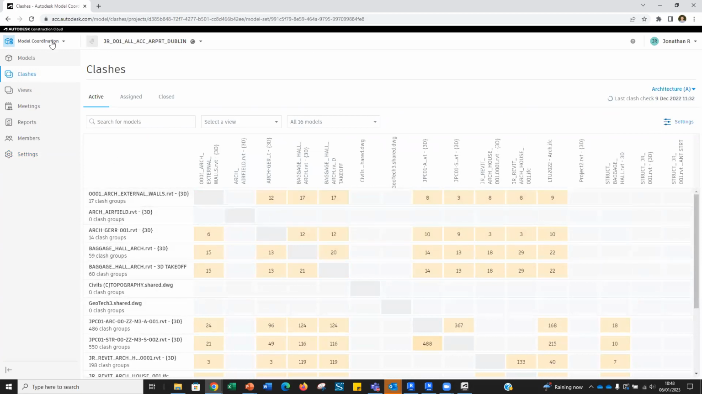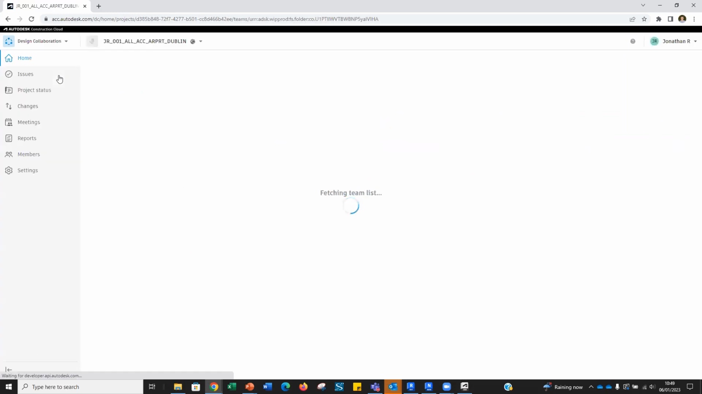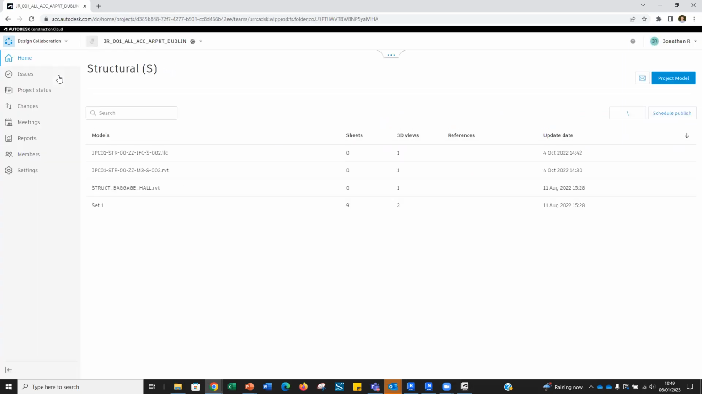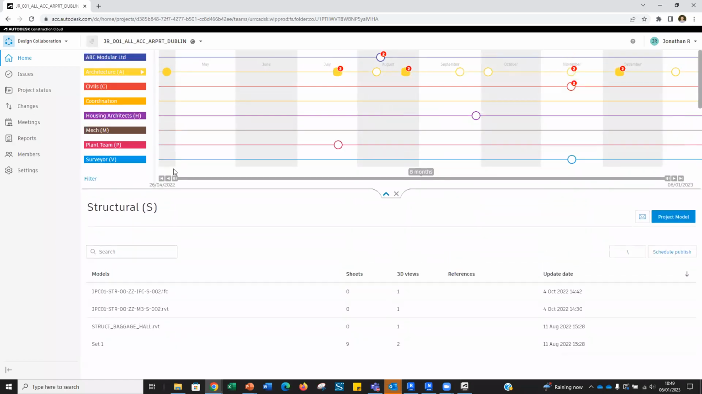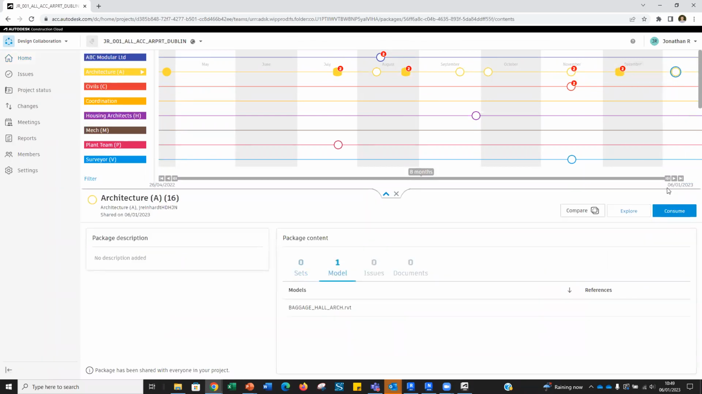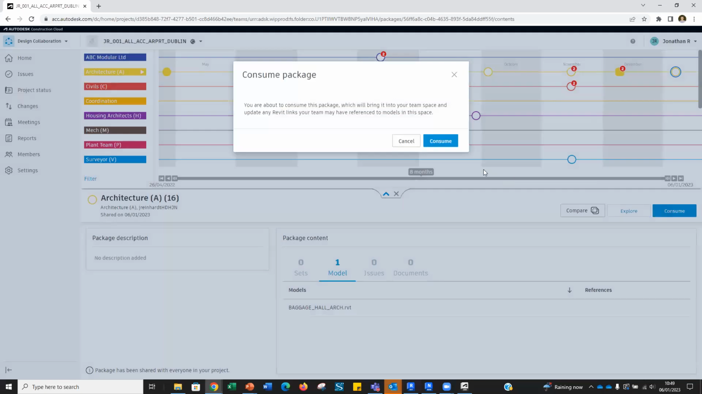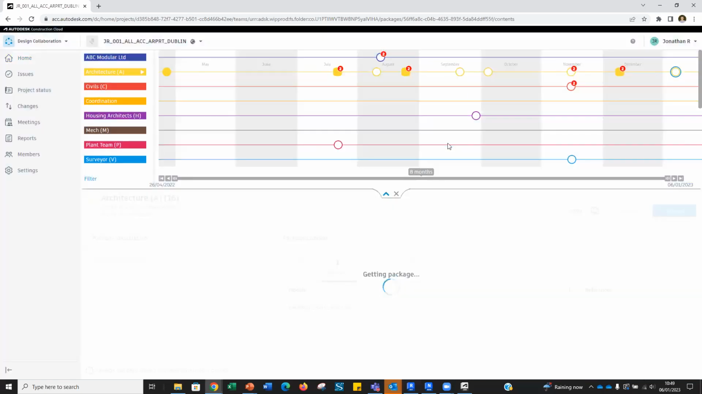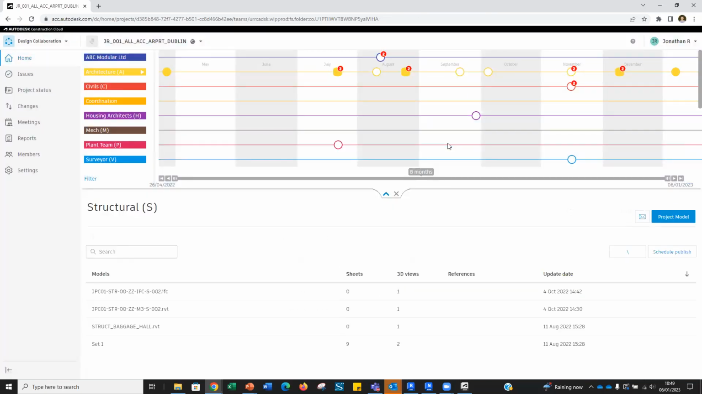So they could come back in here, but if they were to go into design collaboration after going into model coordination, and like we looked at in the slides, they then see that the clash has been resolved, the structural engineer, as part of that design collaboration workflow, is able to say, okay, we're happy to accept this architectural model. We'll then consume this model as well. And that's effectively how you use that model coordination workflow alongside Revit, alongside design collaboration,